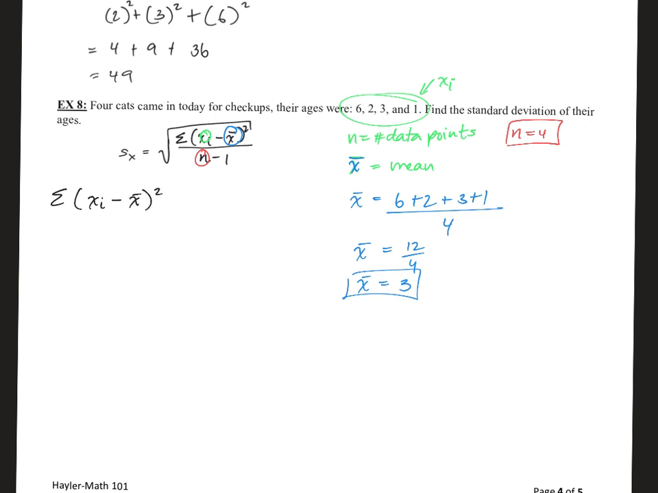Okay, so this is saying, take all my values, subtract the mean from it, then square it. So the first one we have, I'll go ahead with the 1. So 1 minus my mean value, which is 3 squared, plus, okay, so that was 1. I'll go ahead and just use red here. And then we're going to take the 2,